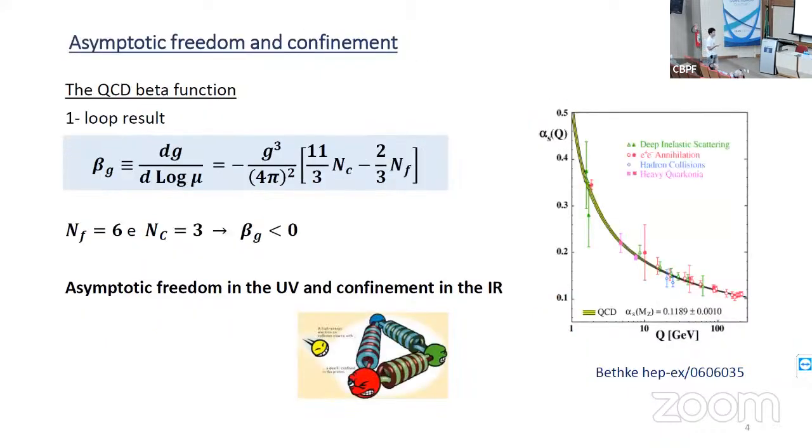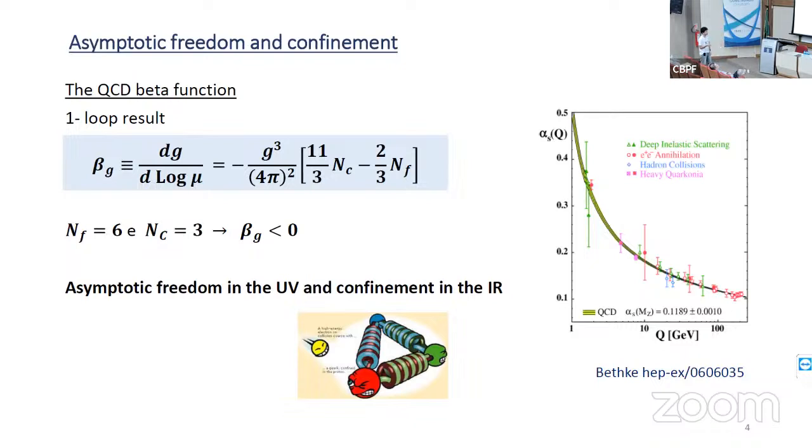What we know for sure about this theory is that the beta function is negative, and we know how the running coupling behaves: it is small in the high energy regime, which allows us to consider perturbative expansions. But on the other hand, it becomes large in the low energy regime, which means we are required to implement